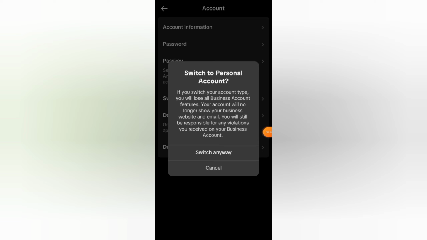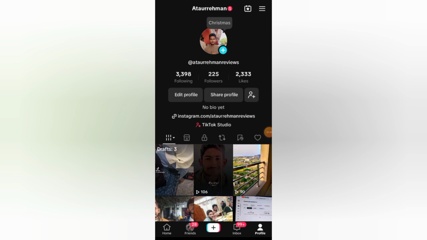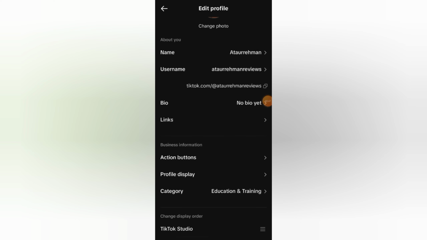Once you've confirmed your creator account, it's time to add your link. Follow these steps. 1. Go to your profile and tap Edit Profile. 2. Look for the website option. If it's there, tap it and paste your link. 3. If you don't see the option yet, don't worry, it might take some time for TikTok to enable it